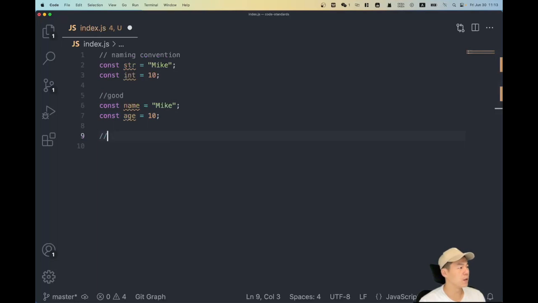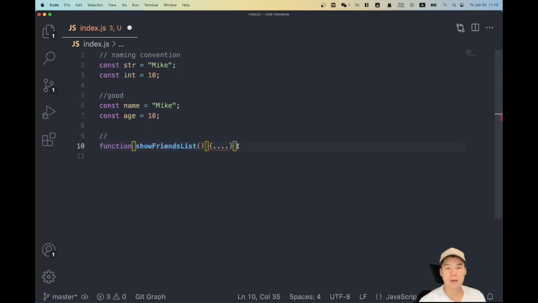And for functions, let me give you an example here. If this is a function name called show friends list, we don't know what type of return it is going to be. It could return a list or it could return maybe a boolean. We don't know that. So a better way to do it is